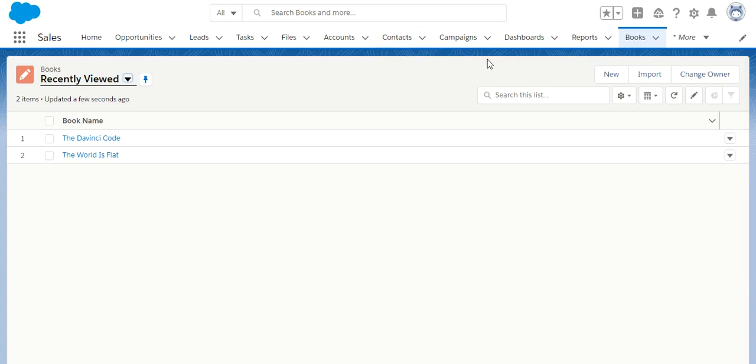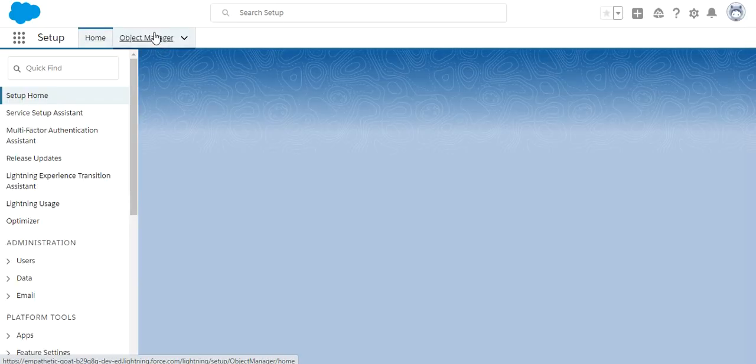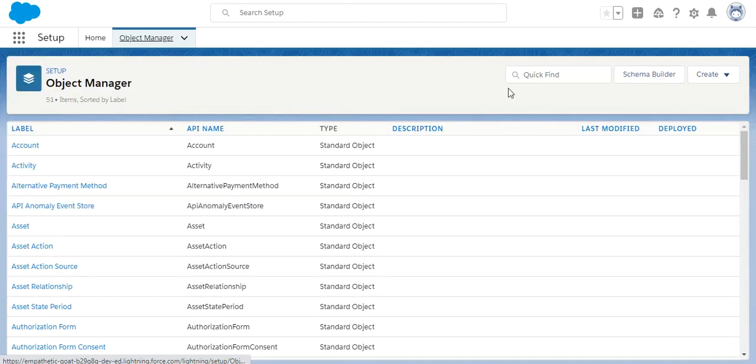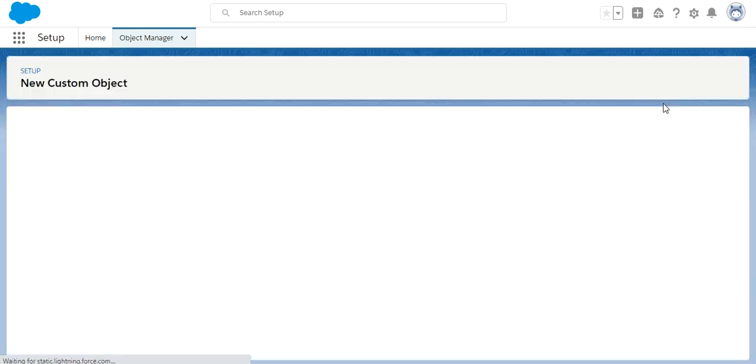Now let's see how we can do this. For building the relationship between these two objects, contact and books, I have to go to the setup, and again object manager, and from here I have to create a custom object.